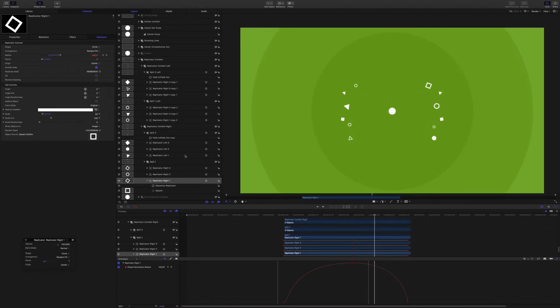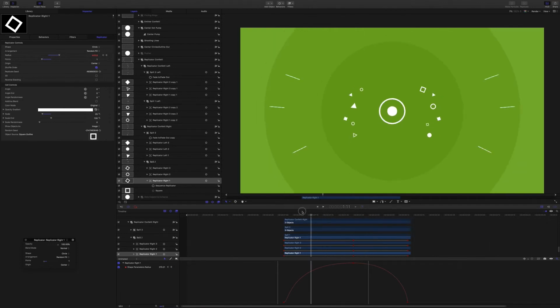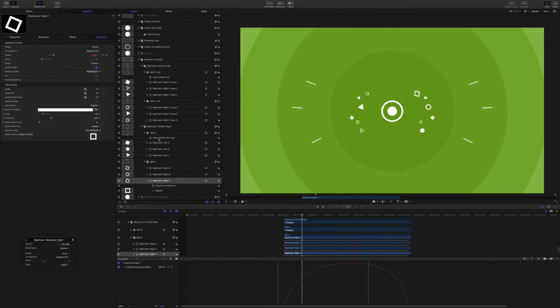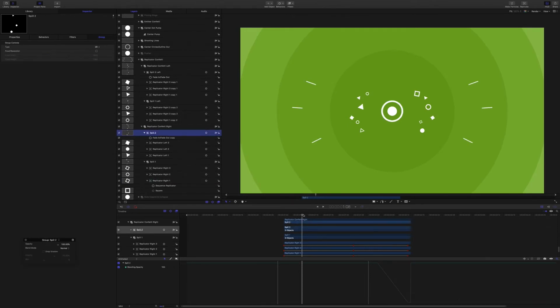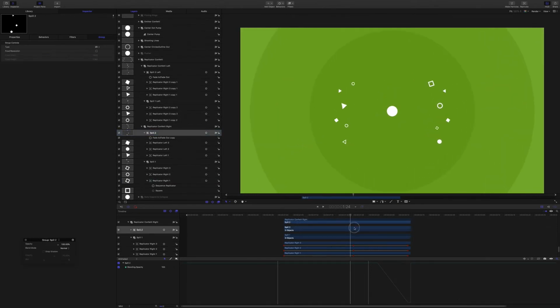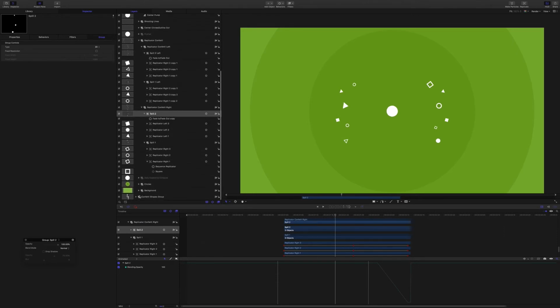So we've got spill 1 comes out first, and then spill 2 comes out. Spill 2 is going to contract back faster than spill 1. So, and then to get each side, I've duplicated and flipped them over, and just from the resource here,